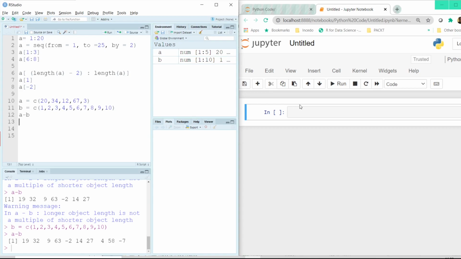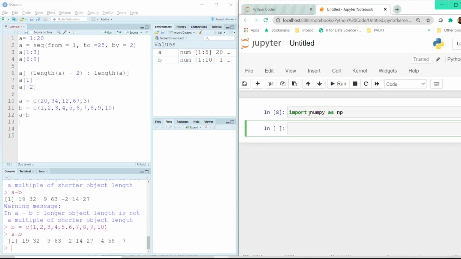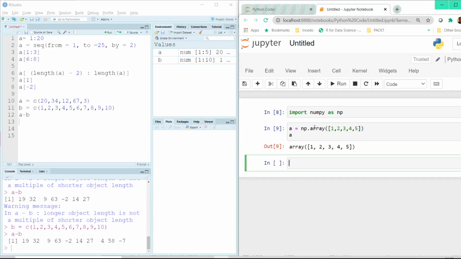All right, now let's move over to Python. In the case of Python, we need to import a library, import numpy as np. What we are going to do is we are going to have a vector which is a, and let's have some 5 numbers assigned here. And once we execute a, it gives these 5 elements. Now let's try to have b also with 5 elements. Let's say 11, 12, 13, 14 and 15.